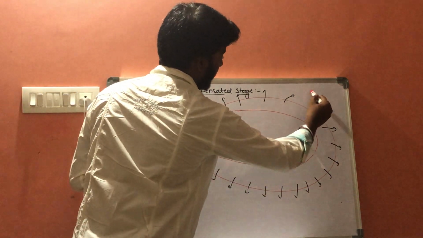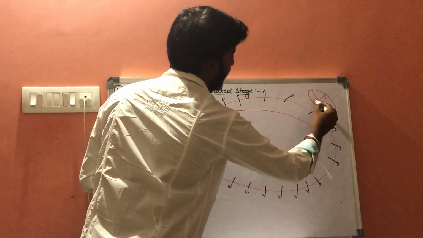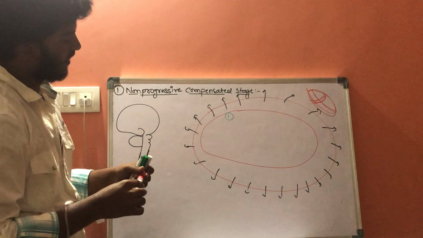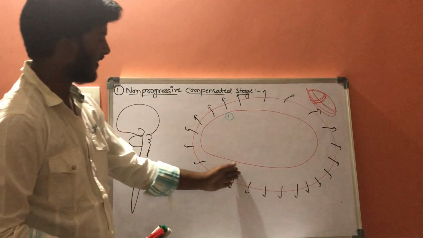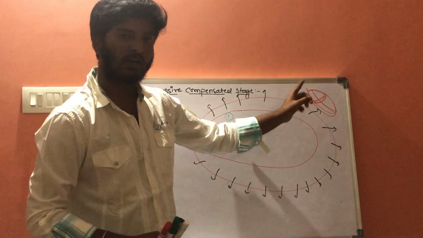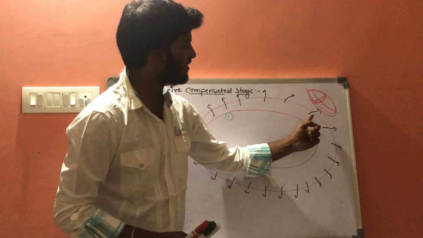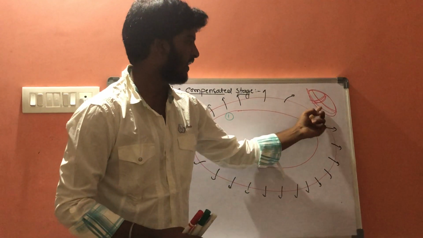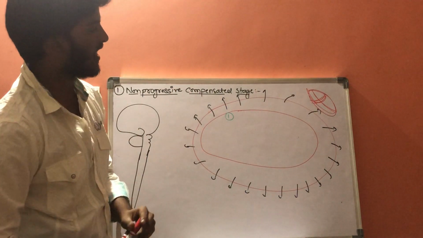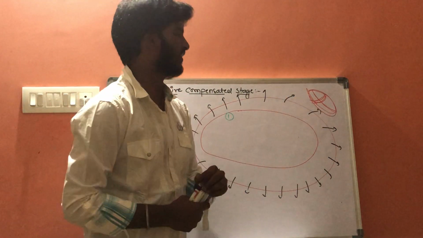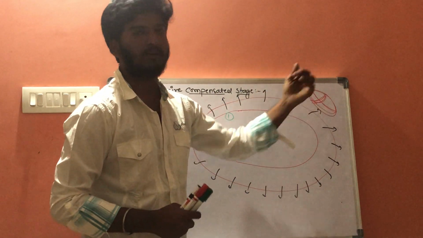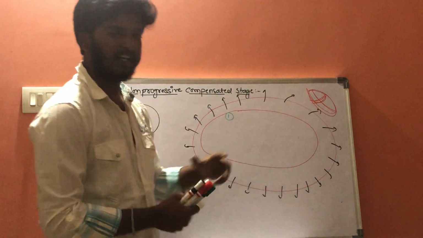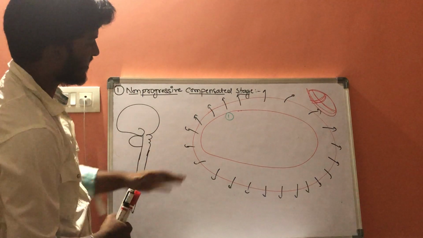Let us consider this is our heart. Whenever the volume of blood inside the circulatory system is decreasing, the venous return to the heart will be decreased. Whenever the venous return is decreased, the cardiac output will also be decreased. Whenever cardiac output is decreased, stroke volume will be decreased, and whenever stroke volume is decreased, blood pressure will be decreased. Now, what is the first compensatory mechanism seen in a bleeding patient?